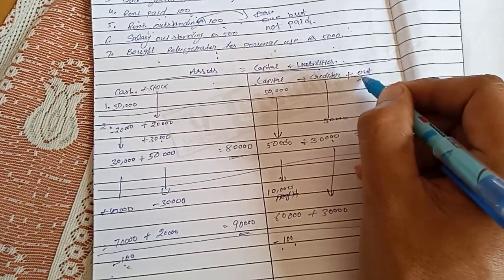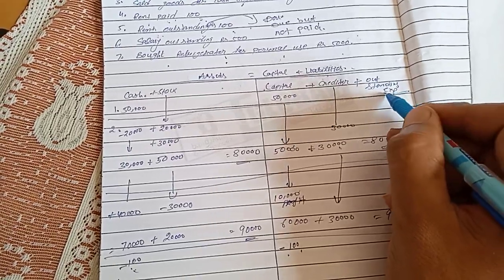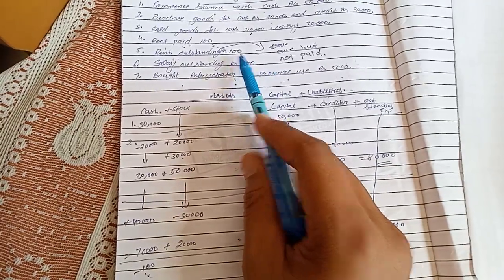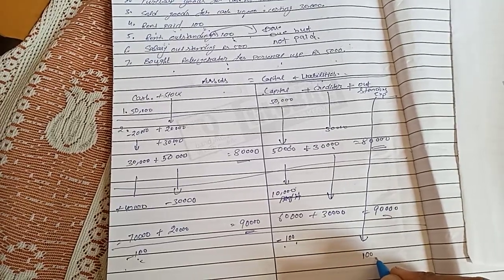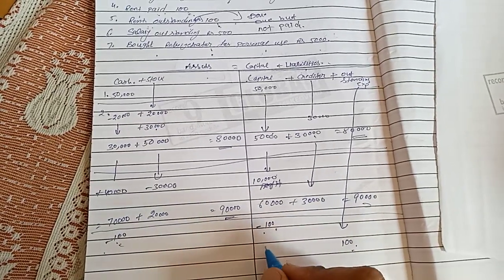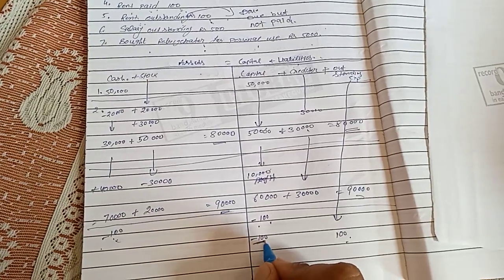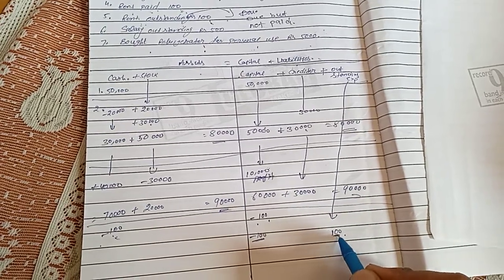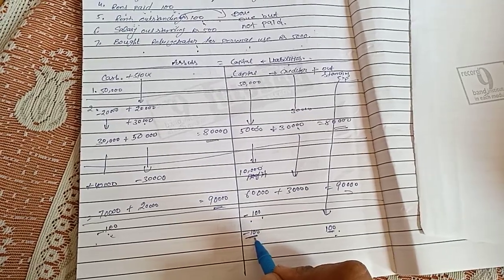So I will add back outstanding expense, we can say. I have outstanding expense of rupees 100, so we will add back the 100 as outstanding expense. And definitely if I added back my outstanding expense as my liability, I will deduct it from the capital, because capital is also my liability. I have added back in the liability side as outstanding expense, and the same I will deduct from the capital.